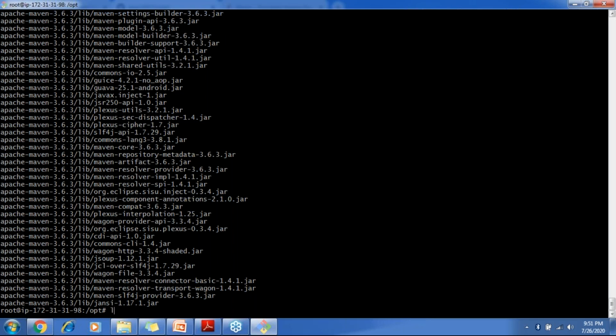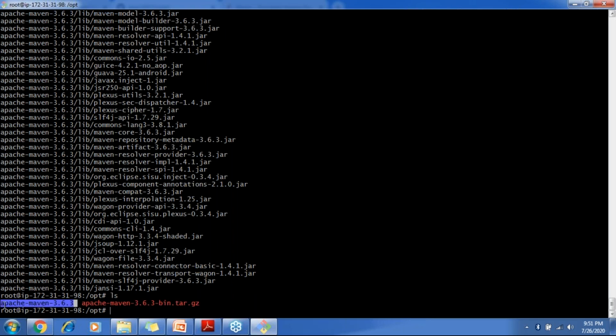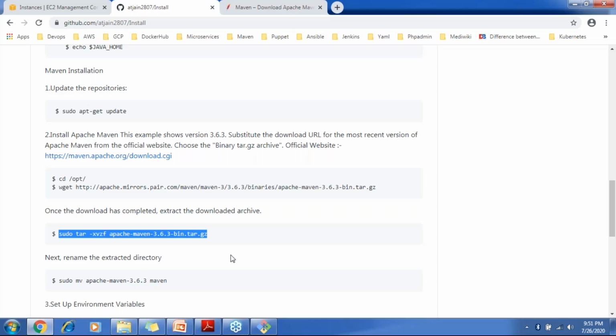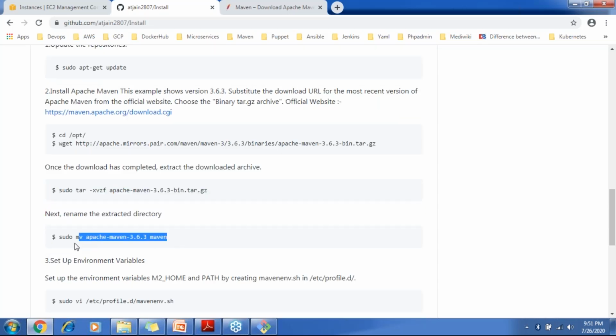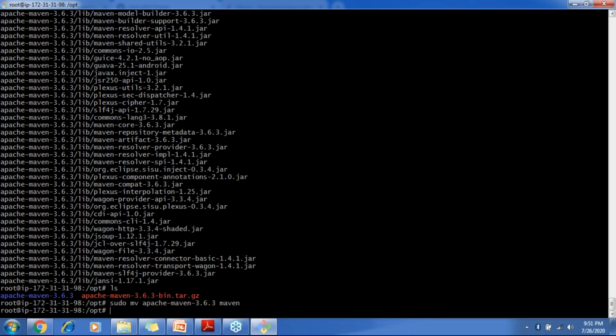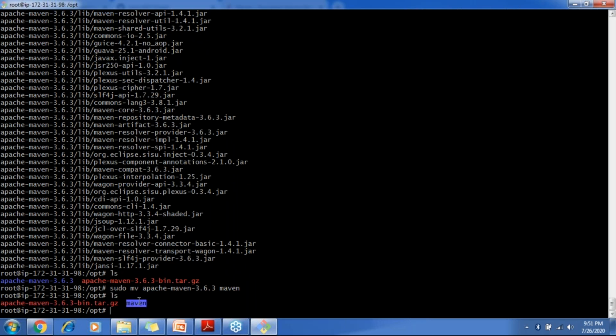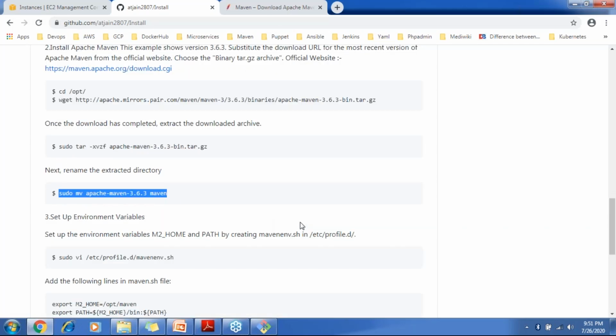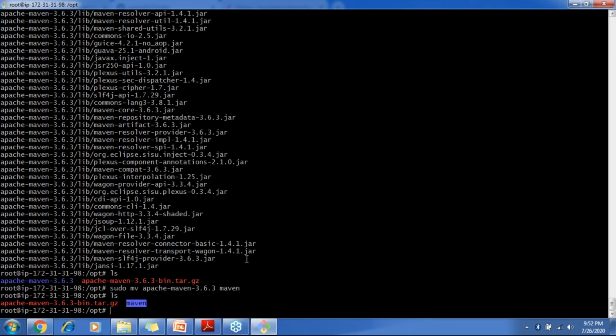The file has been unzipped. As you can see, there's a folder which has the unzipped version, Apache Maven 3.6.3. I would like to rename this. So it got renamed. Now, once this has been renamed, I just need to